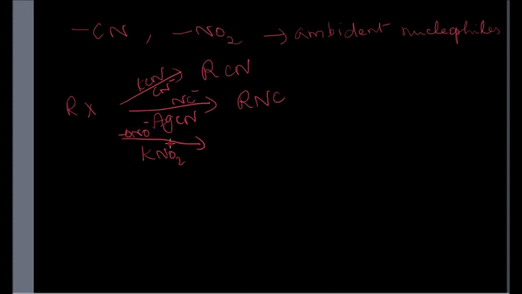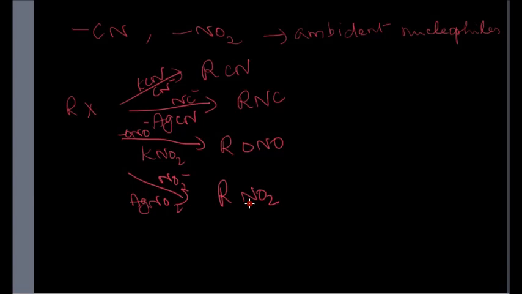nucleophile, though we are not supposed to use the term reversal. To make you understand better, I am saying this because it is not directly attaching through its nitrogen atom, but through its oxygen atom. So you get RONO, the alkyl nitrite, and when it is AgNO2, it will be NO2 minus, and you get RNO2. I suppose you are clear about these reactions now.